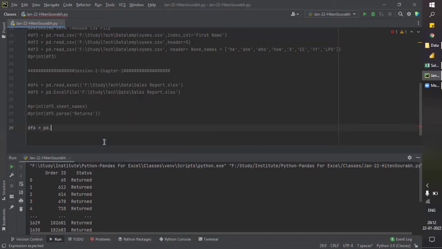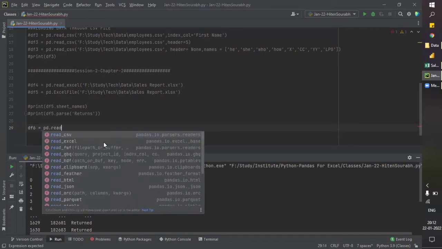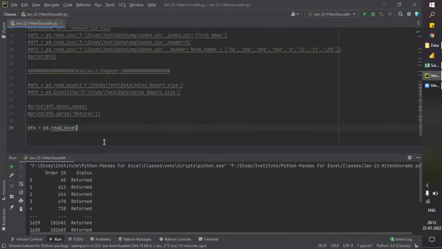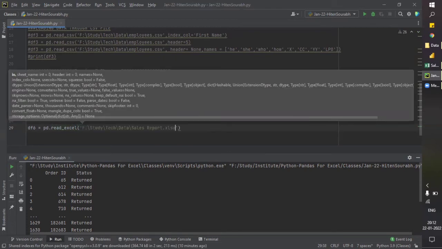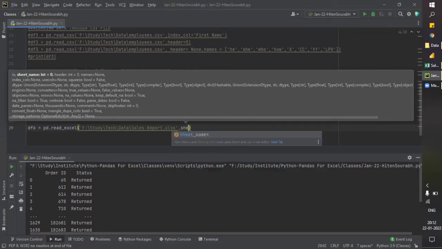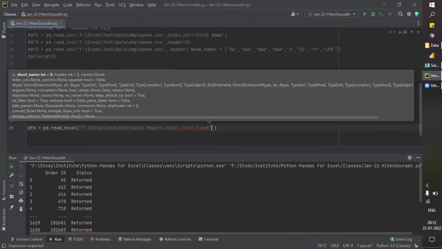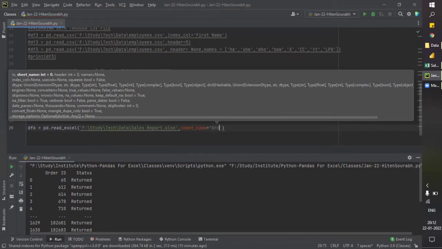It will start with pandas pd dot read excel, parenthesis start, single quote file name, and then if we want a specific sheet's data, we can also write here sheet name equals orders. This is another way to load a specific sheet or tab data.